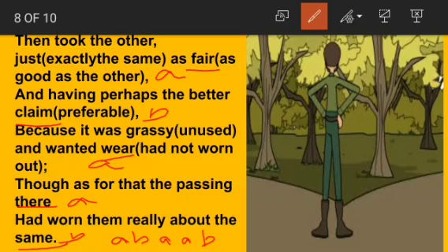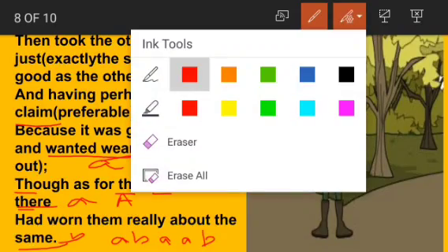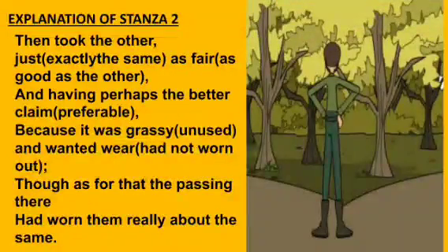Then the literary device we come across is "wanted wear". This becomes alliteration. Now in this sentence also we come across alliteration. What is alliteration? It is the repetition of the consonant sound. It can be in two or more consecutive words. Now "wanted wear", and in the next sentence we come across the sound "though, that, the, there". Again it becomes alliteration. I hope you have understood both the stanzas very well, and the explanation of stanza 2